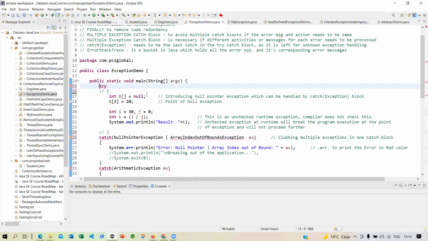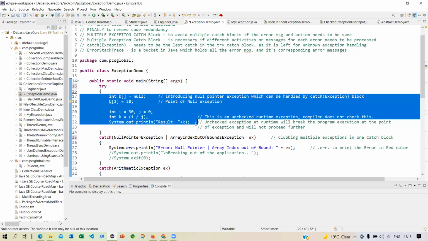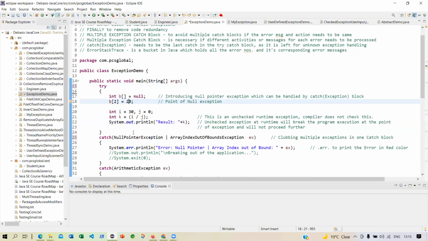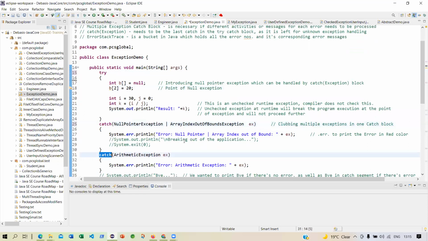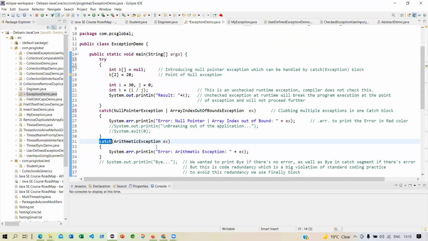Try is the keyword and try is a block. So I will use that block, and whatever is mentioned within the try block is what I am trying to handle for any error. Maybe there will be no error. Fine, it doesn't matter. So it will not come to this catch, or if I had an exception, it will go to the catch. Any other question?